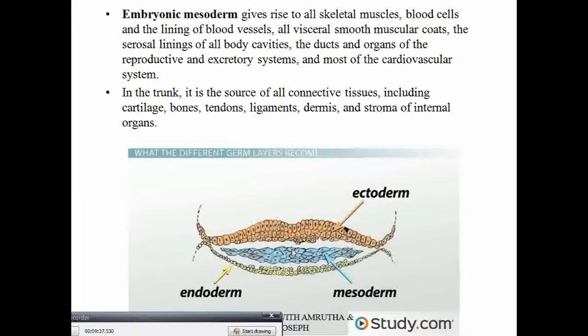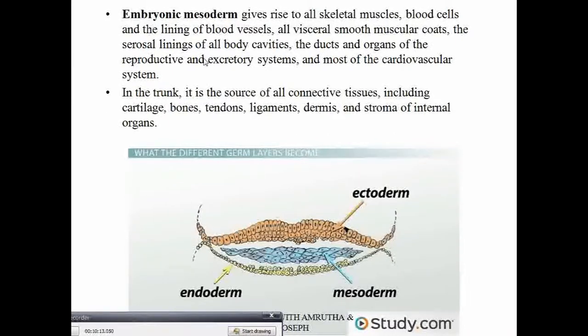Now embryonic mesoderm, now we can see the three layers: ectoderm, mesoderm and endoderm. Embryonic mesoderm gives rise to skeletal muscles and blood cells. I said blood cells can form, blood vessels can form in the mesoderm. If you see the blood vessels, there are different cells which are lining the blood vessels, so they are formed from mesoderm. All visceral smooth muscular cords, smooth muscles, serosal lining of all body cavities like peritoneum, pleura,